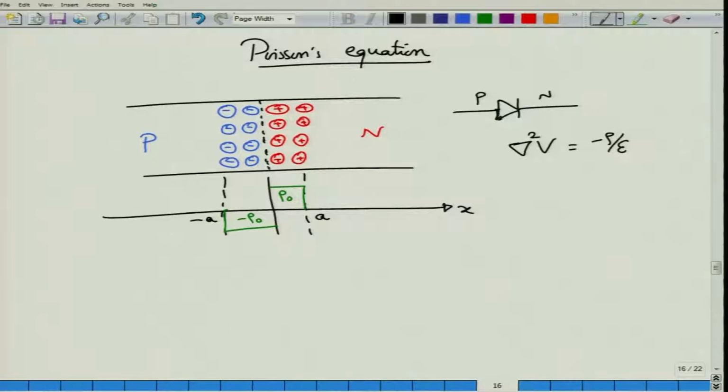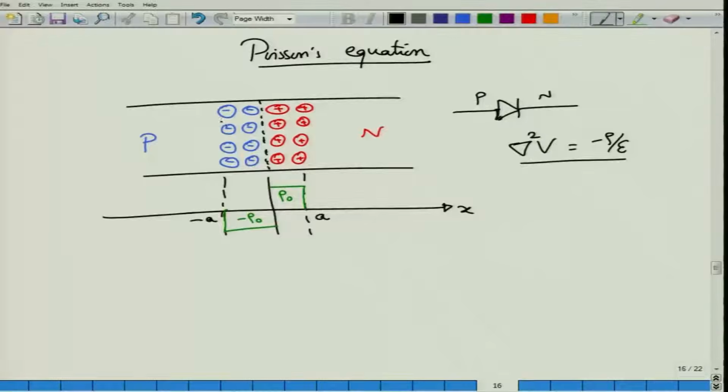We will apply this Poisson's equation in order to solve for the potential and the fields of a very important electronic device known as a PN junction. If you remember from your solid state physics, or from electronic circuits, a PN junction is formed when you bring the P region and the N region close to each other. Of course, modern PN junctions are not really manufactured this way, but imagine that in the olden days P and N regions were grown separately and then brought into contact. What would happen is that the charges would essentially migrate, right?